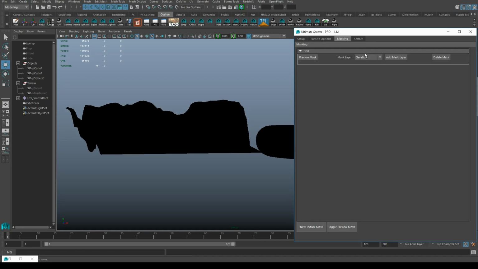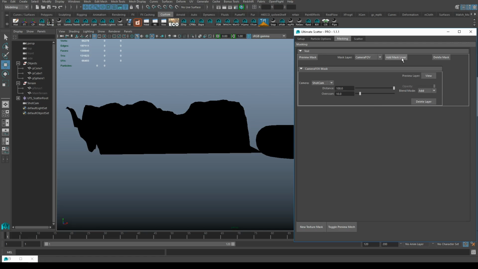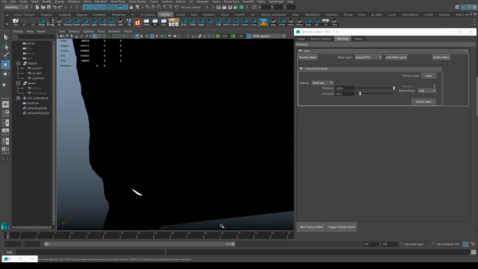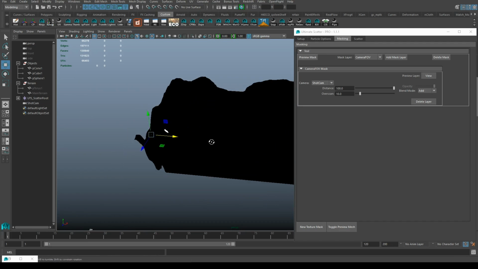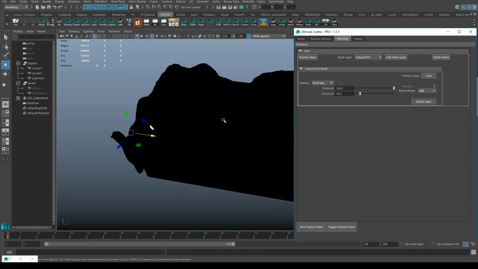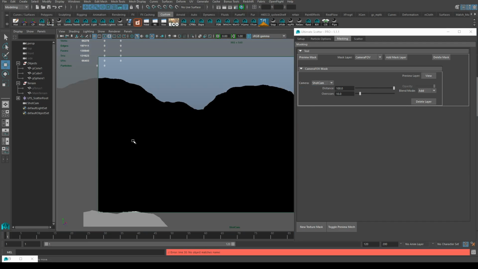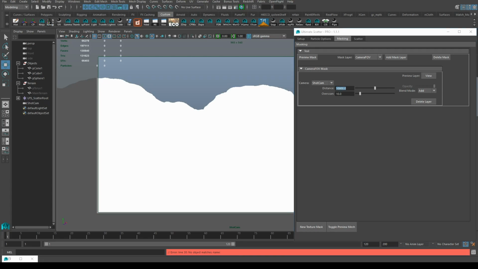We'll move onwards to the camera field of view mask. So this is mainly going to be useful if you're doing a still image. And let's say, for example, in here I have a shot camera, and we'll just go ahead and switch over to that now. Oops, sorry. So here we are in the shot cam. So in here we have a distance, and then if I just go ahead and increase the distance,